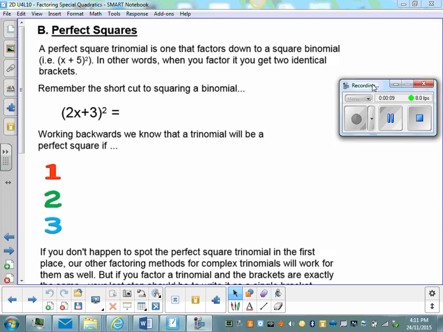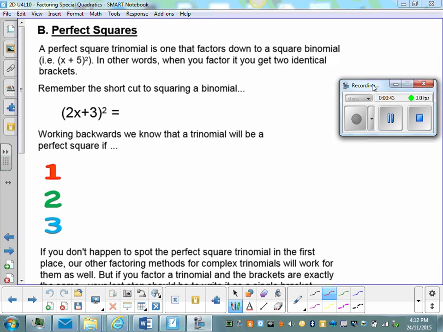I've changed up the way that we've looked at the last part of the factoring in this unit, so I'm actually going to get you to turn to section B of the lesson on factoring special quadratics. So you're looking for this page that has B, perfect squares at the top. So you go ahead and find that. We've already talked about these situations. We just haven't looked at the factoring part. So